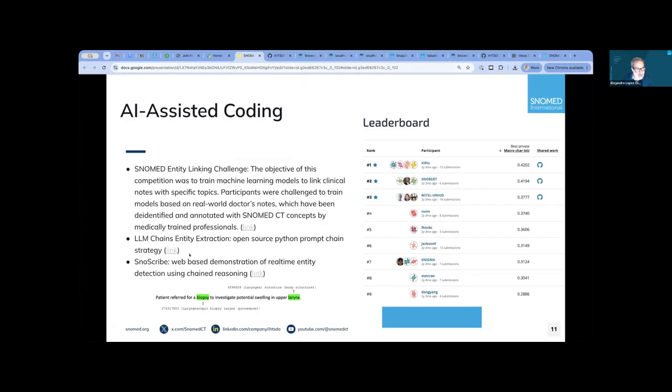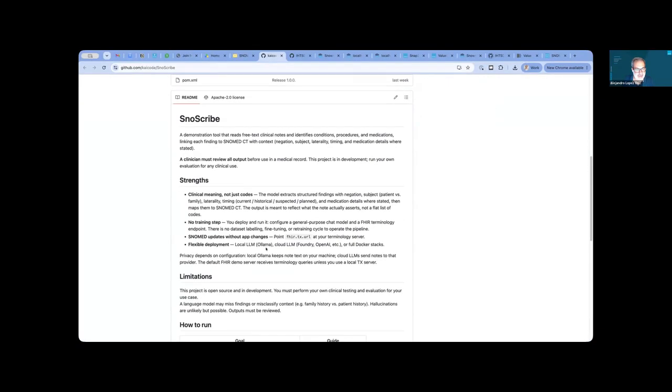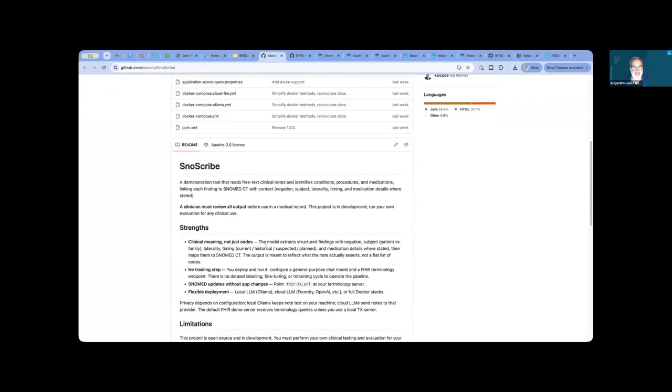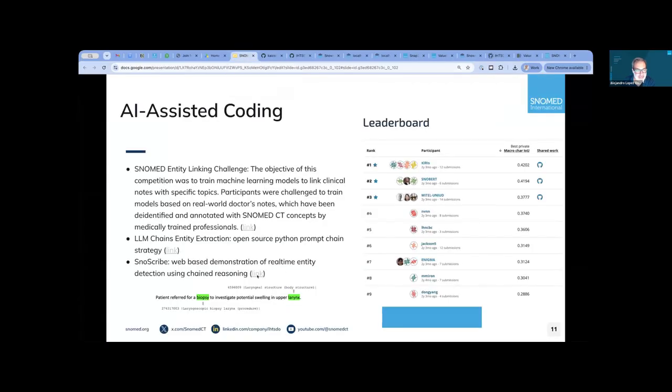And applying the same logic, Kai is also working in a new tool called SNOScribe. And SNOScribe is a tool that is available here in this repository. You need to install it locally. It's not available to use online, but we have a simulation that we will show you later. But the goal is that SNOScribe is an open source implementation of an entity detection system. Yes, and you can pipe it with some maybe audio, transform to text, and then go into SNOScribe.